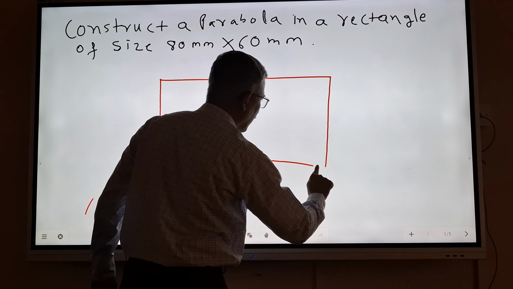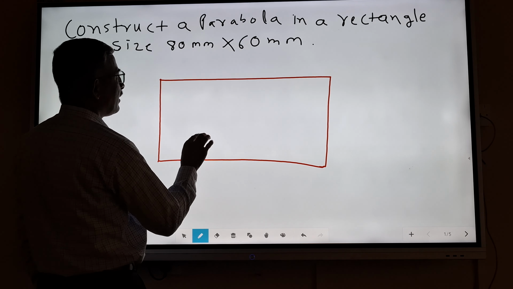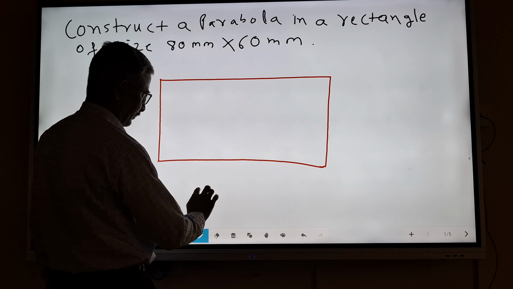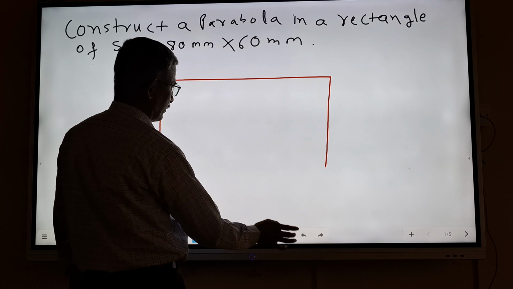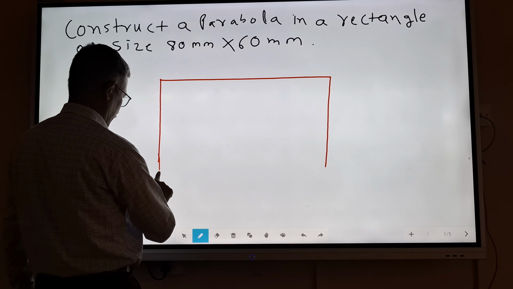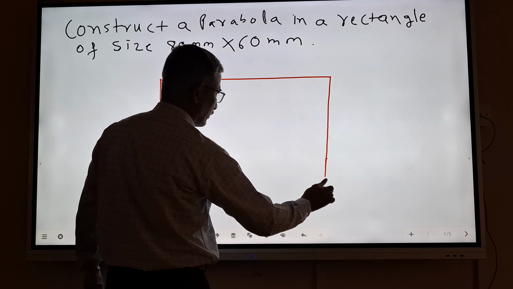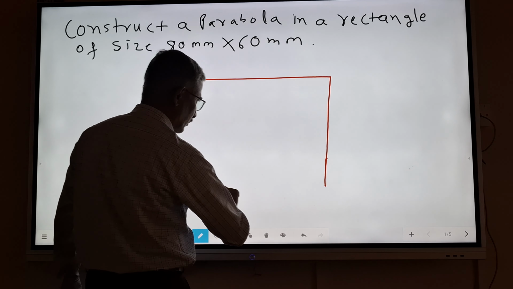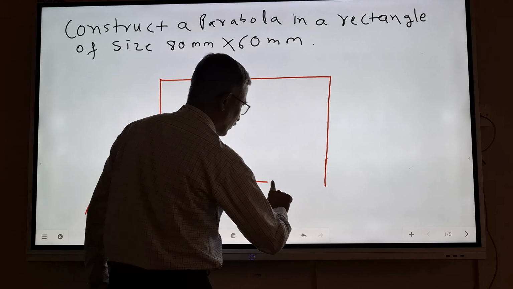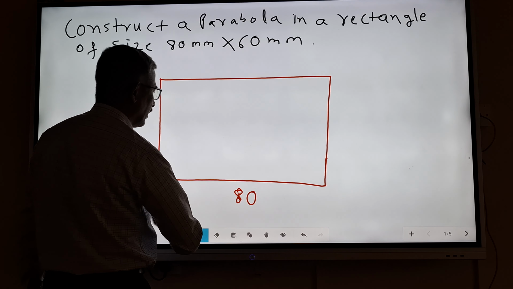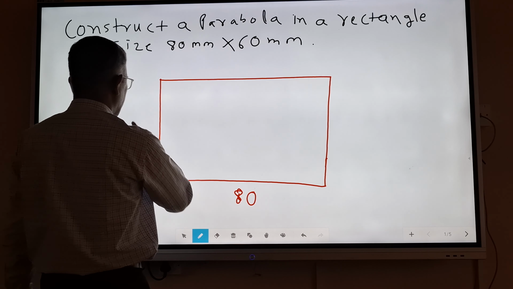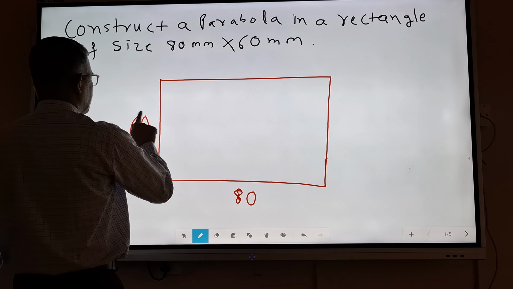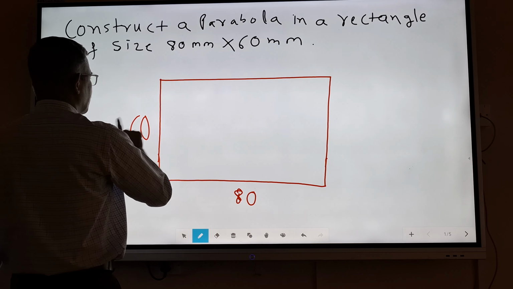This is a rectangle of size 80 by 60. So 80 is the length of the rectangle, the horizontal distance, and 60 is the height or width of the rectangle. The next step,